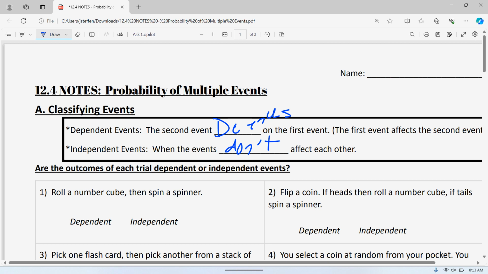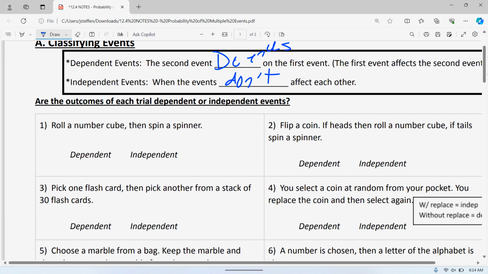An example of that is earlier: if I roll a dice and then flip a coin, it doesn't matter what that dice does if you're just flipping a coin afterwards. If you roll a 3, doesn't matter, you're still flipping a coin. If you roll an even number, doesn't matter, you're still flipping a coin. So if the second one does not depend on the first one, they are independent of each other, then it's an independent event. So the first thing we're going to do, and you will have some questions like this on the test,